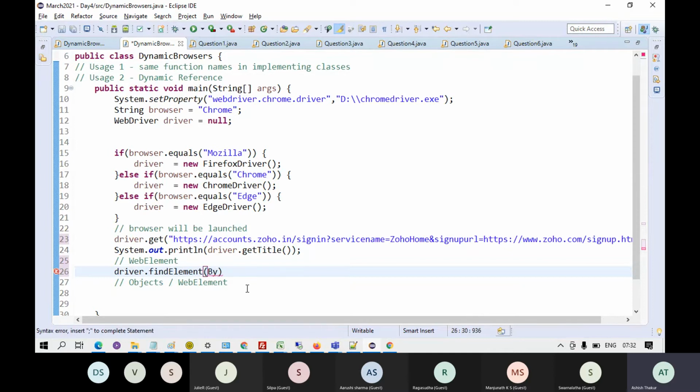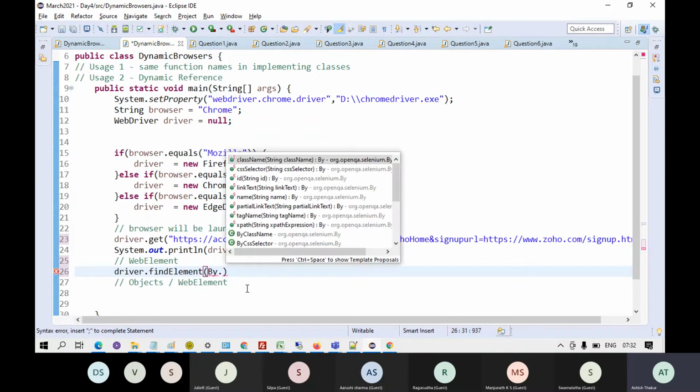So you write By dot, that is, you want to find the element by the ID, by the link text, by the name, by the CSS selector, class name. There are different criteria. Look, 1, 2, 3, 4, 5, 6, 7, 8. There are 8 criteria. Selenium works with these 8 criteria to find elements on the web page.